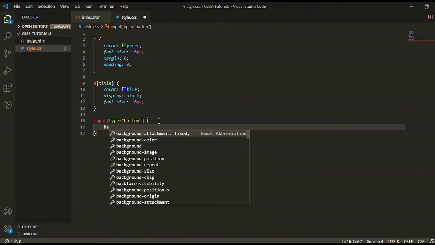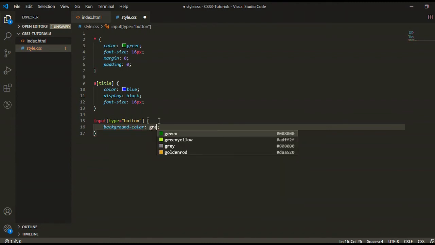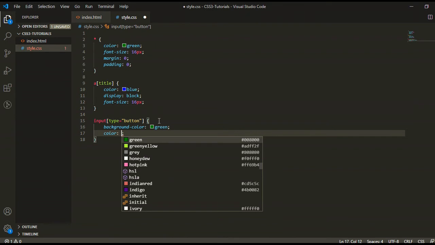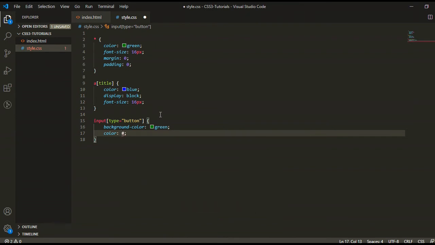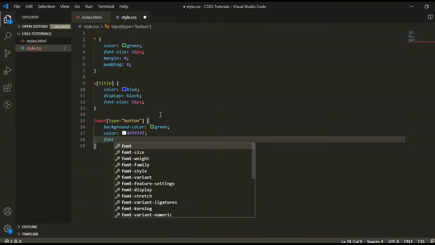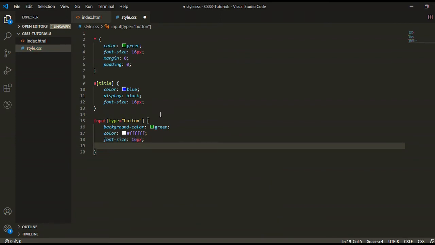background color, green, and the color is, give the white, font size is 16 pixel, and give some more properties for better look and feel.